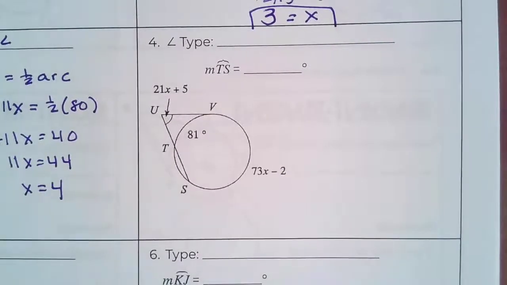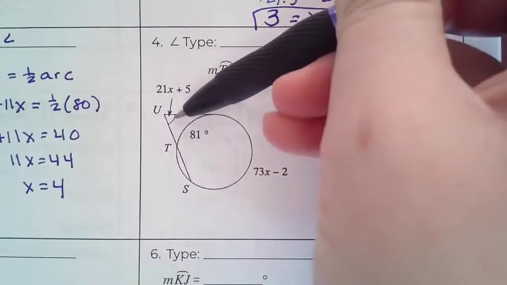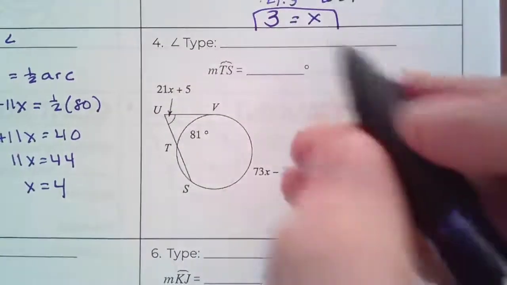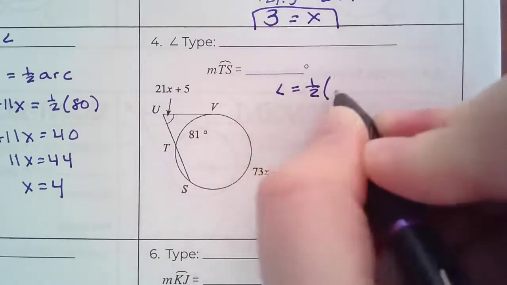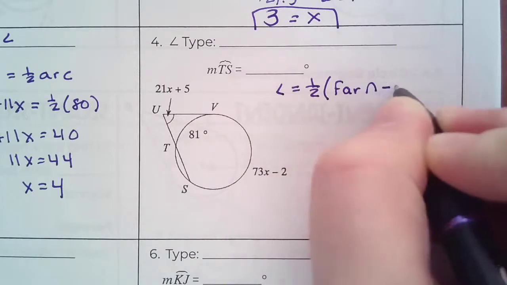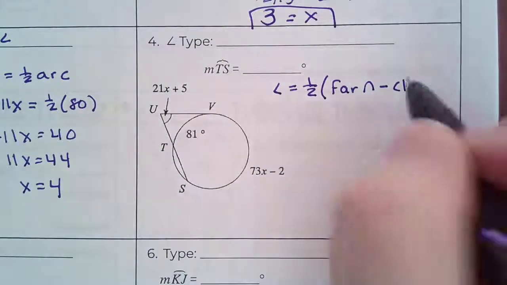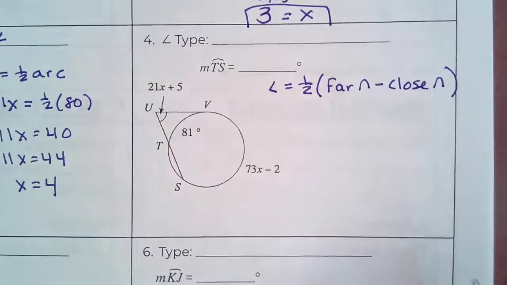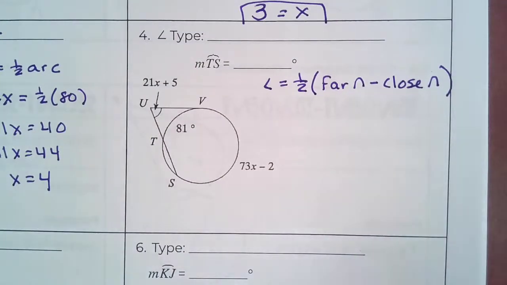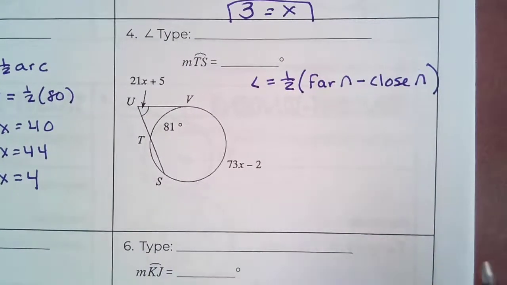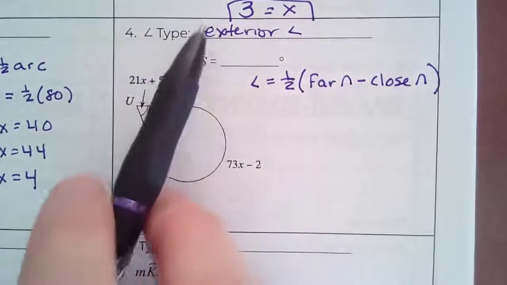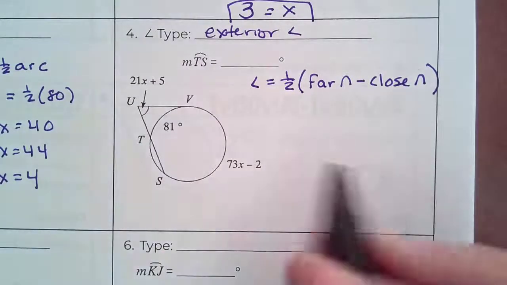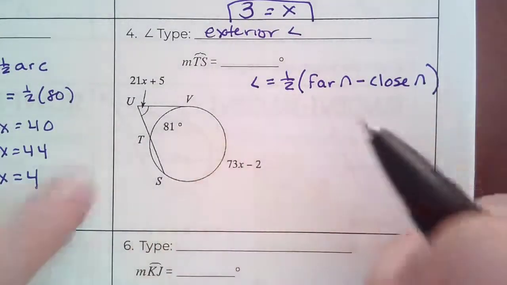All right. Number 4. So anytime we see an angle outside, we're going to be using subtraction. So writing my formula should be angle equals 1/2 times far arc minus close arc, or big arc minus small arc. Probably add exterior angle up here. So my angle is angle U,